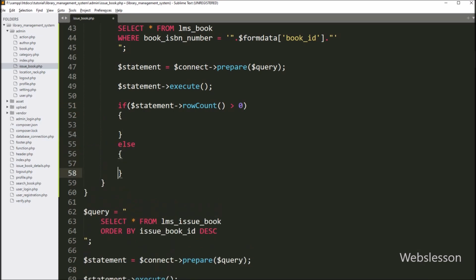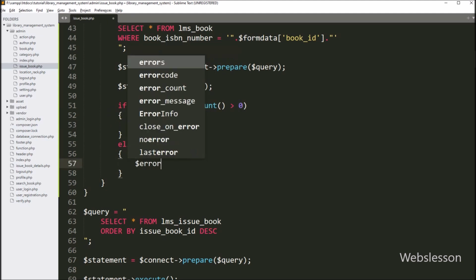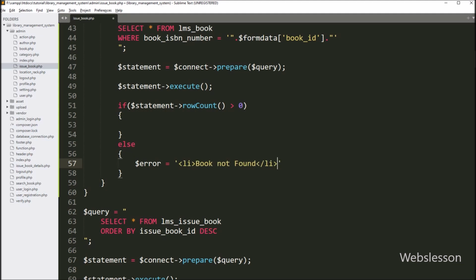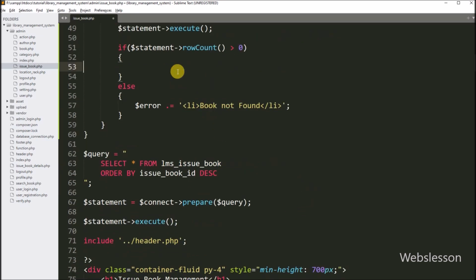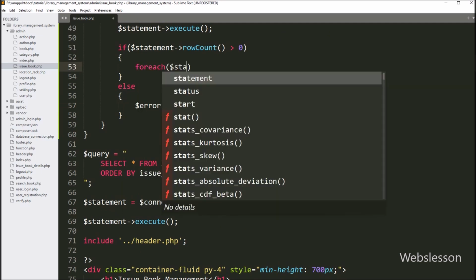So suppose above condition is false, then it will execute else block of code, and under this block, we have to write $error variable, and here we have to append error message like book not found, so this error will be displayed. But suppose book data is available in system, then it will execute if block of code, and under this block, we have to write